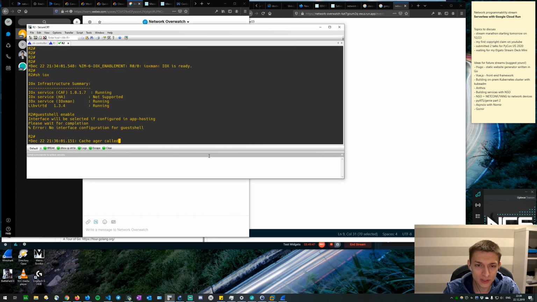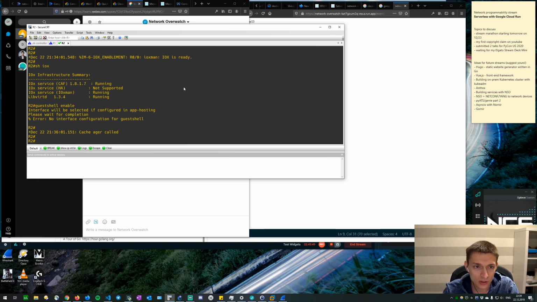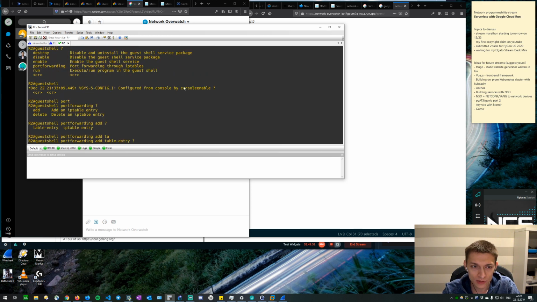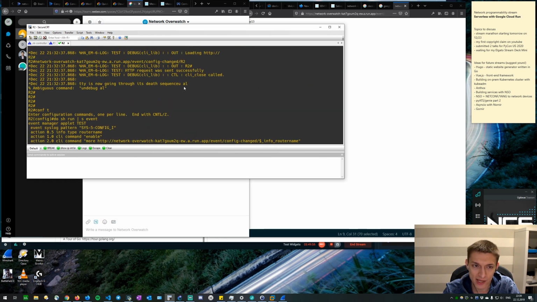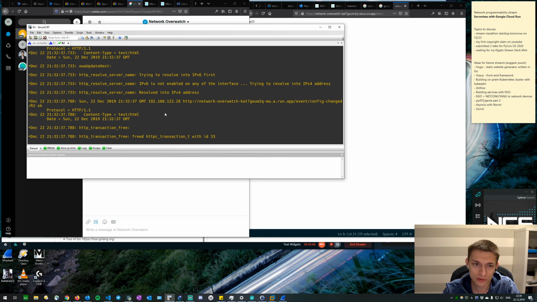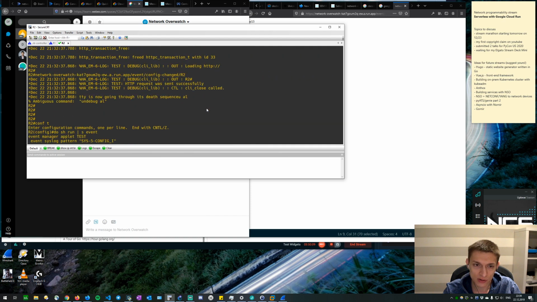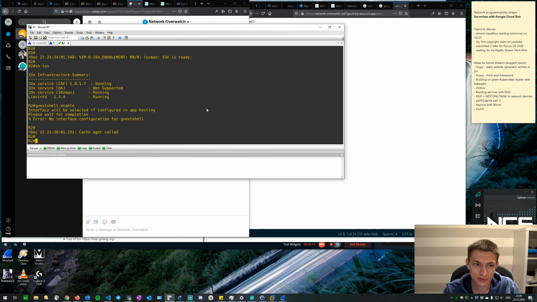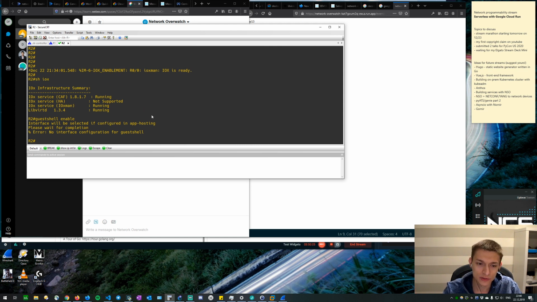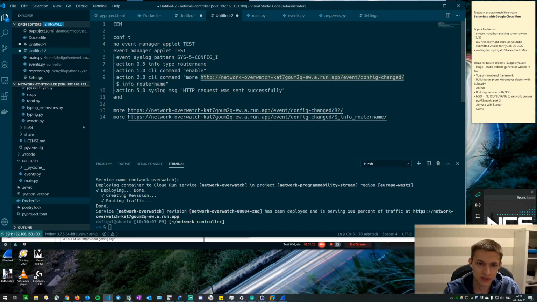Now, unfortunately, we didn't make the router itself work. For some reason, there is some kind of problem with the HTTPS client on the router, and I'm not sure how to troubleshoot it. HTTP works, but unfortunately, Google always does a redirect to HTTPS. So with plain HTTP it just doesn't work. Unfortunately, we couldn't solve it. There is a way to work around this by using guest shell, and guest shell is a container on the router, and there is Linux, you can do whatever there. So we would change this event